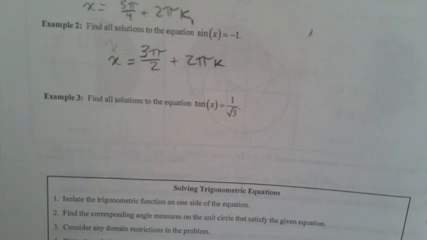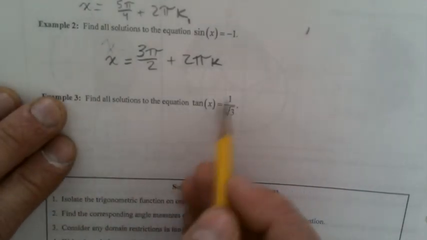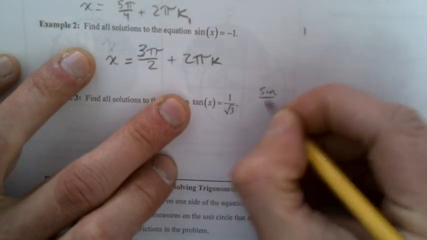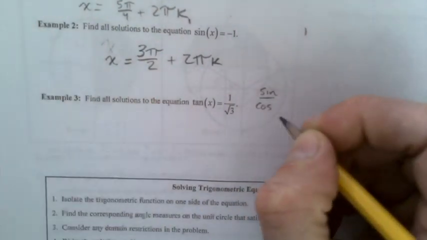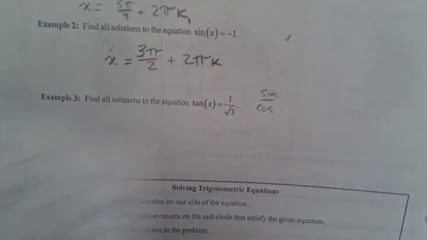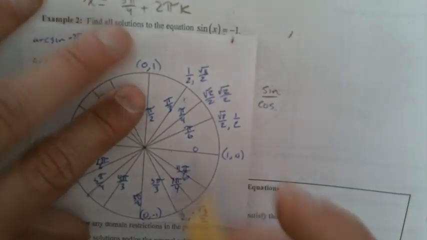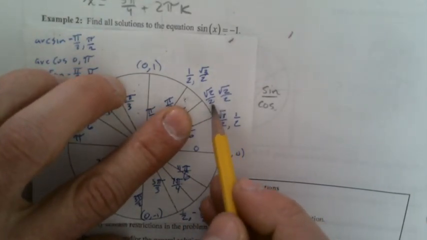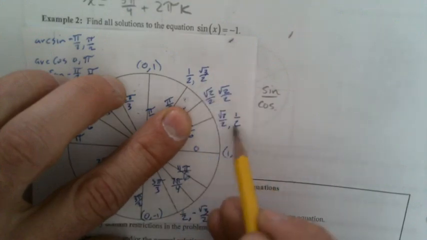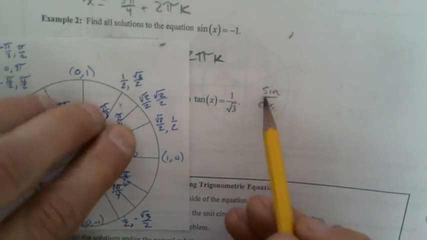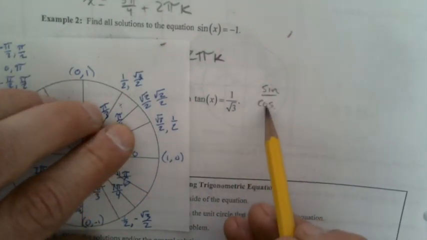Now, let's go to example 3. Find all solutions for this one. Since it's tangent, remember tangent is sine over cosine, change in y over change in x, because it's the slope. I want to remind you too that every single x and y has a divisor of 2, right? So I can ignore the 2's and just look at the numerator values. So when would sine over cosine